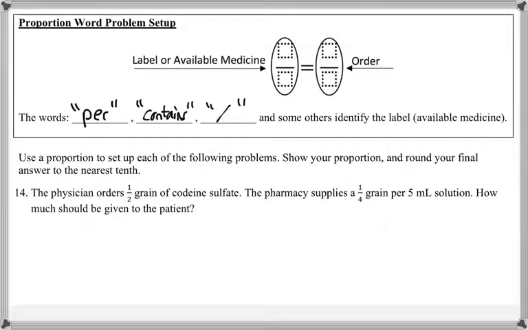Number 14 says, the physician orders 1/2 grain of codeine sulfate. The pharmacy supplies a 1/4 grain per 5 milliliter solution. How much should be given to the patient? So I need to identify the label or the available medicine, and I see the word per here. So 1/4 grain per 5 milliliters